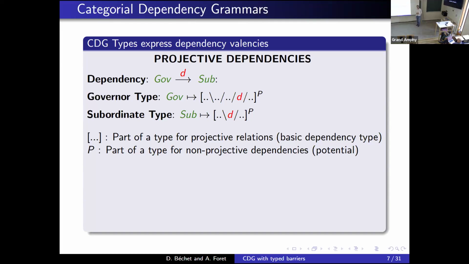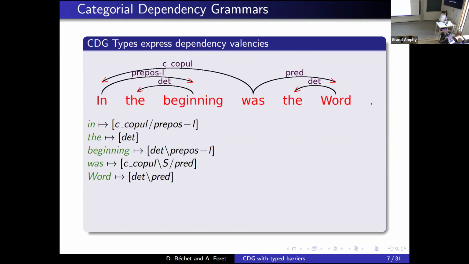In a type, we also have a second part, which is the key that we have here, and those two types correspond to the non-projective valencies of the words. I will show you this part in a few slides, but starting with only the projective dependency valencies, we can, for instance, have something that corresponds to this sentence. The lexicon is there with only valency for